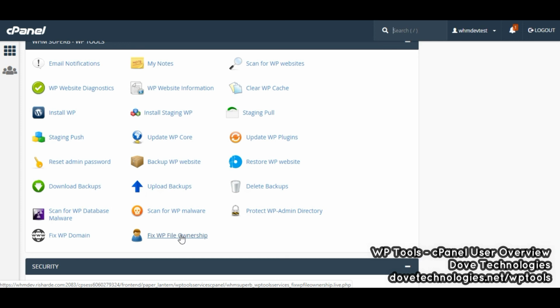But definitely, it's going to be good for the user, and it also provides some really cool stuff on the WHM side of things, which is the administrator side. For example, you can actually force WordPress core updates. So if your users have out-of-date WordPress versions, you can force those to update right from within WHM. So we'll get into those things as we go along, and as we create more videos.